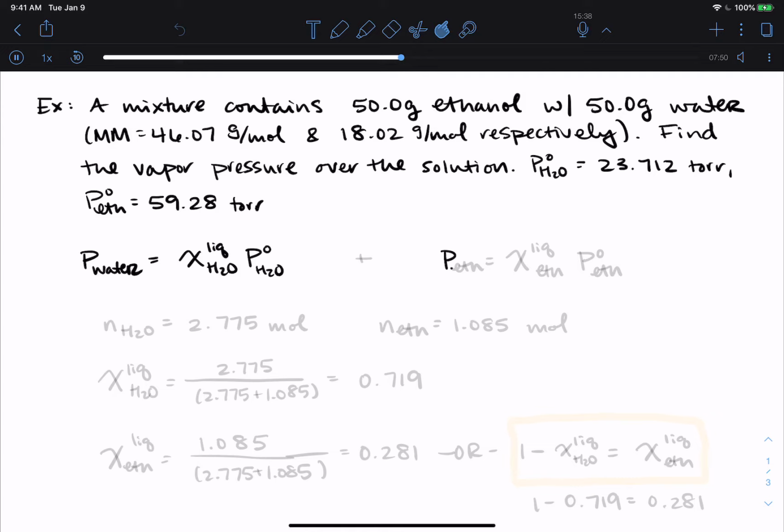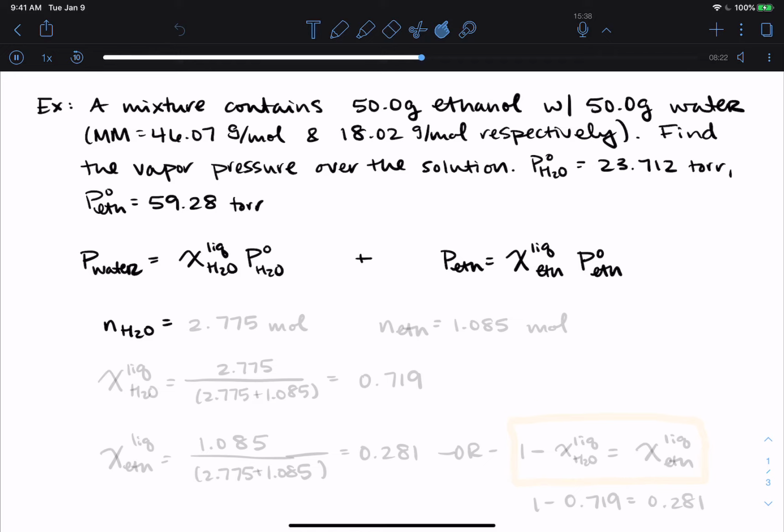And for ethanol, I need the chi in the liquid for ethanol and the pure vapor pressure for ethanol, and then I will just add those two things together once I have them. So mole fractions for each is where we need to start. So honestly, moles for each is where we need to start,